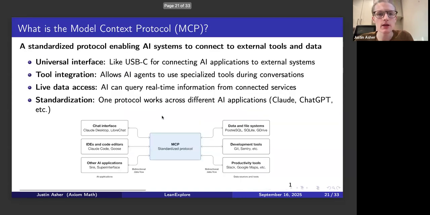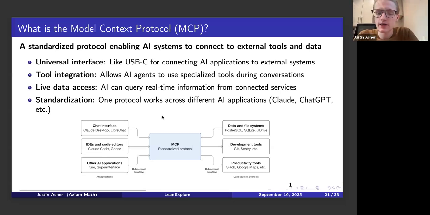Okay, so one of the big applications, the big reason I was interested in building something like this is because of this thing called the Model Context Protocol. And what the Model Context Protocol does is it means that if you have an AI agent or you have some sort of AI system, you can start hooking up external tools to it. So previously, that might be like a Python environment. You could hook up a Lean environment to an AI system, and you could say,